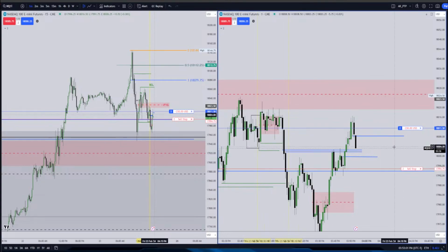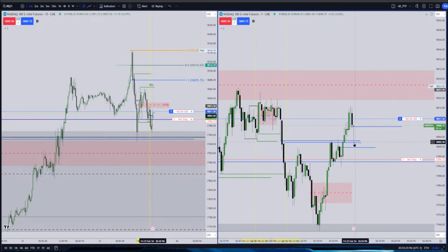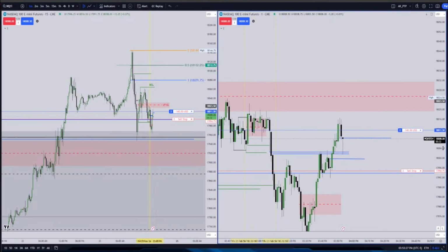Okay, so let's see where market comes. That fair value, oh shit, I had two lots. I was just about to make a mistake over there. Come on, one more time, please, shit. It was selected too. I was not willing to take 4 lots entry. Okay, that's why I didn't, because my stop loss here is 811.5 and 794, so that's around